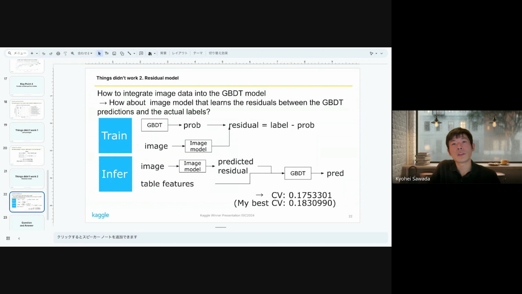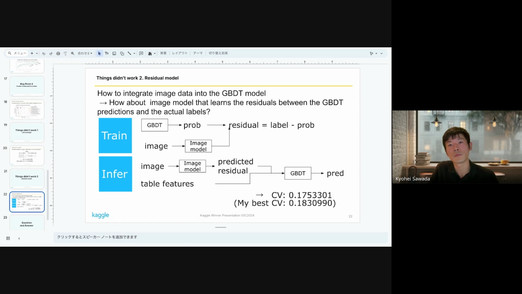And the thing that didn't work, number two, is the residual model. Here I would like to explain the idea behind the residual model. The goal was to integrate image data with the GBDT model in a new way. Specifically, I used an image model to learn the residuals, or the difference between the probabilities predicted by the GBDT model and actual labels. The process was to first let the GBDT model make predictions, then calculate the residuals between the predictions